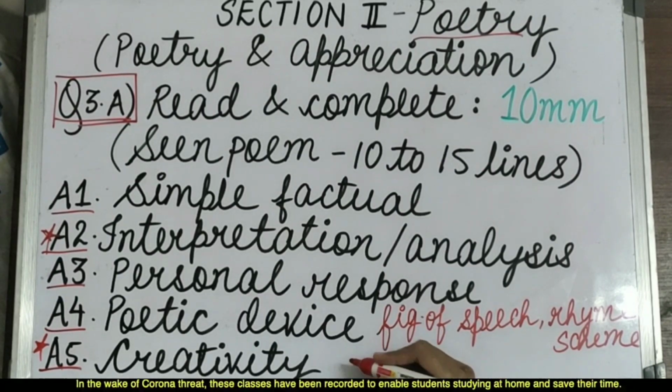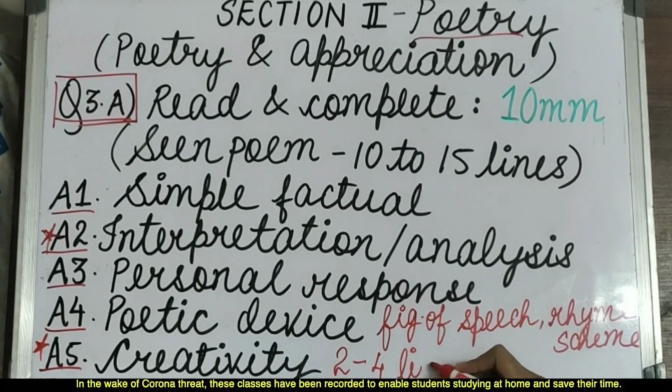In this what you need to do, you need to compose 2 to 4 lines of your own. ठीक है, आपको एक पोएम जो पोएम दी जा रही है उसमें बोला जाता है कि उस पोएम की थीम को मेंटेन करते हुए आप अपनी तरफ से 2 से 4 लाइंस उसमें ऐड करिए. ठीक है, और उसकी जो राइम स्कीम है वो पोएम की राइम स्कीम जैसी ही होनी चाहिए. तो इसमें आपकी क्रिएटिविटी को टेस्ट करने के लिए क्वेश्चन है जिसमें आपको अपने तरफ से 2 से 4 लाइन